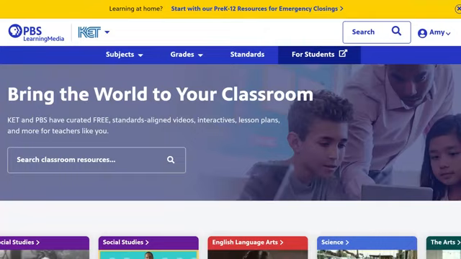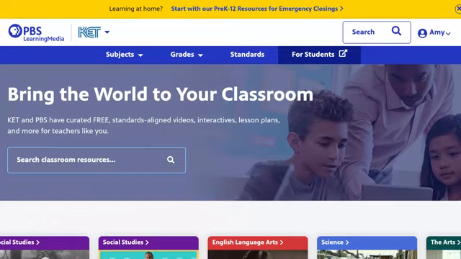Now you can also search if you've seen the video before, or you know kind of what's in it, or if you just know more than just one word, you can type that in too. Because like I said, if you just typed in fractions, you would get every resource in PBS Learning Media that had the word fractions in it.